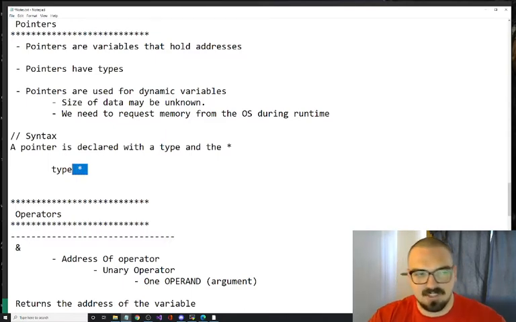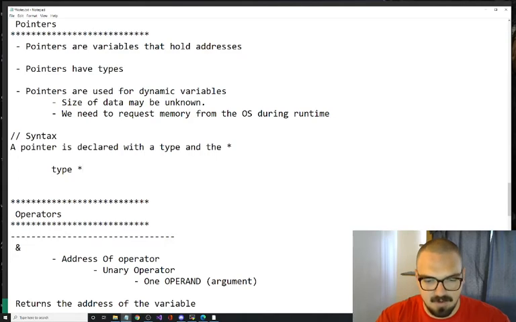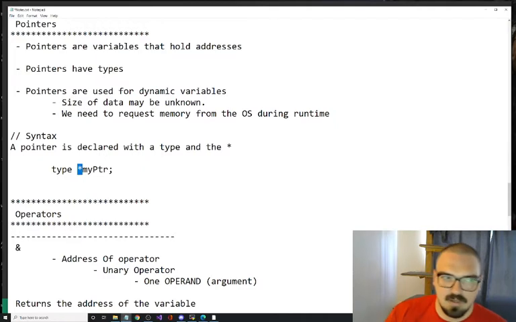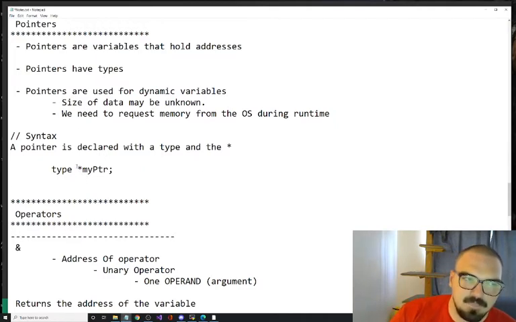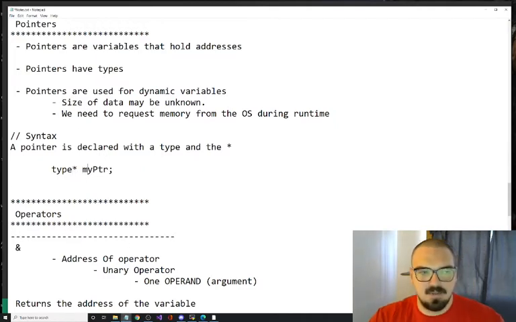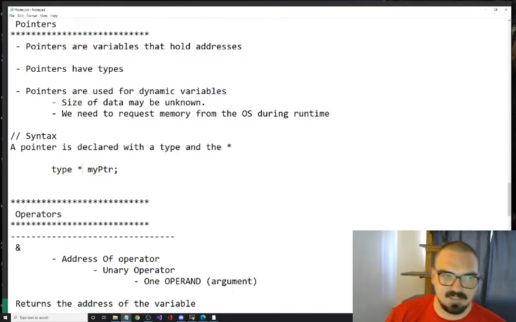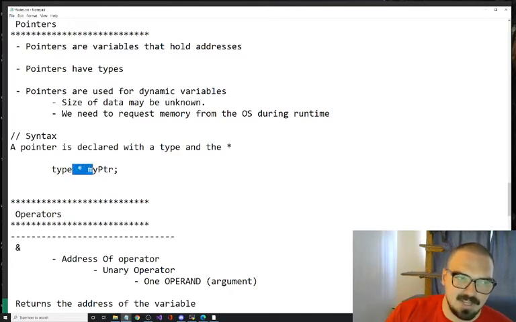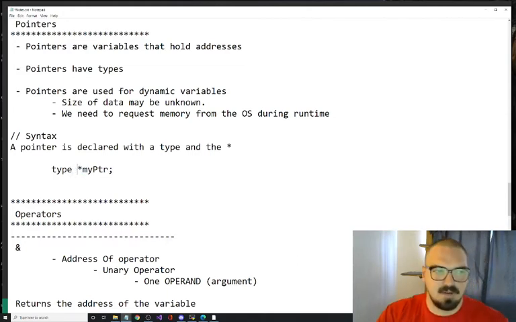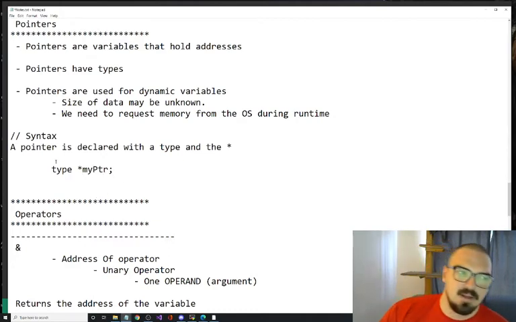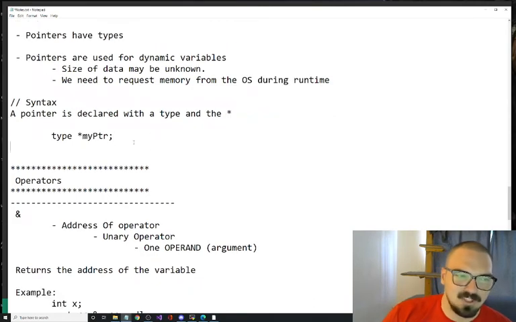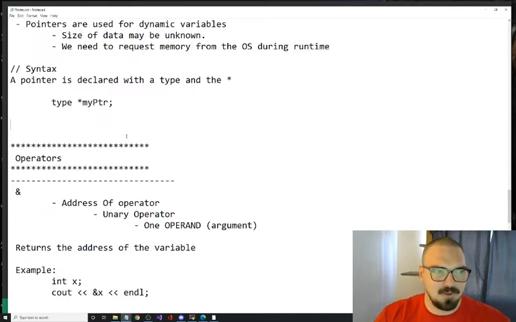I like to put it next to the variable name, but you can put it there, or you can put it like this. It really doesn't matter. This is a little confusing because it looks like you're multiplying a type by a pointer, but the star needs to be there. I'll always put it there. That's how I do it, and how I recommend you do it. There's a reason I do that, and I can't remember it right now, but we'll run into it today while we're coding the example, I assure you.